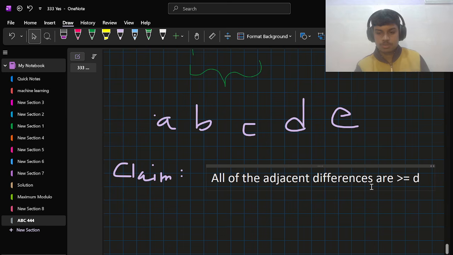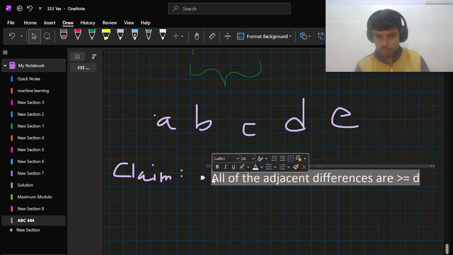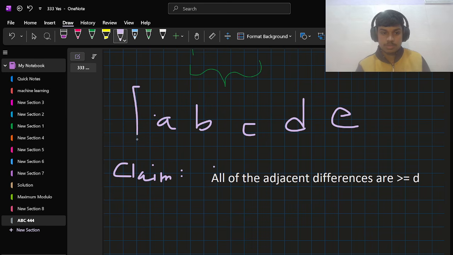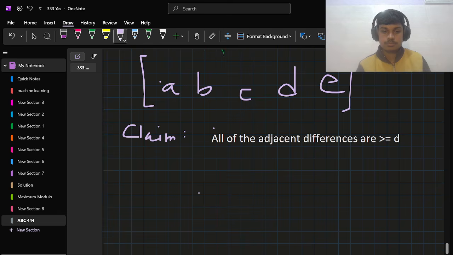This is my claim. Suppose that this condition is true, then can I say that this subarray is good? Obviously. Why? Because I say that this subarray is sorted. So definitely